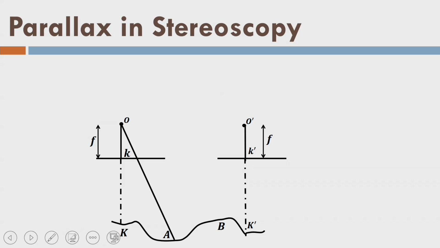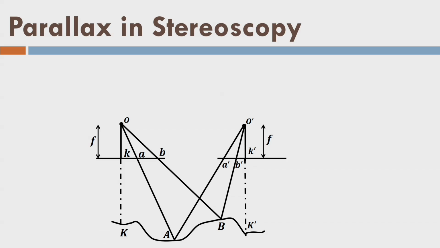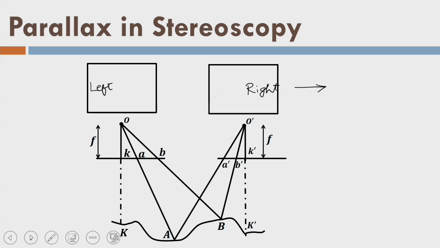So, basically this is one camera only. Now, the point A is acquired like this. Similarly, point A is again acquired in the next photograph. Call it A dash location. Similarly, let us go for the point B. The image of point B in two photographs are B and B dash. So, let me call this my left photograph and that is my right photograph, and we are going from here to here by flight. So, these are my images like this. This is my center line. So, point K here, point K there, now K dash and K dash here.